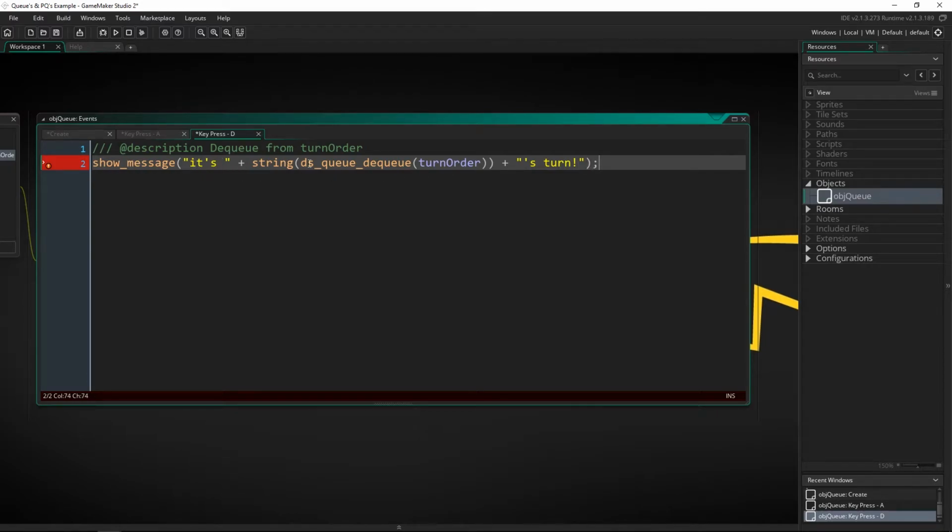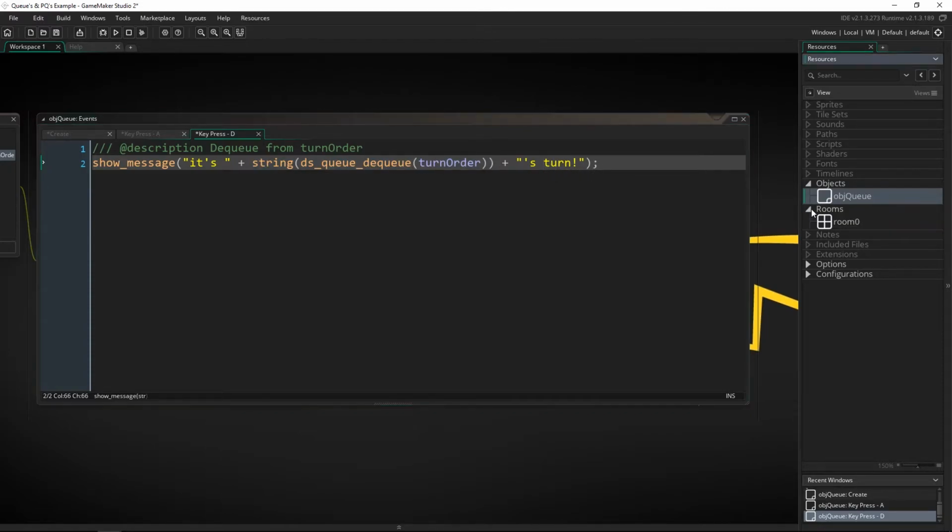and we're going to say comma s turn. So it is player 1, player 2, enemy's turn. That's what this is going to say right here. So let's add this into the room